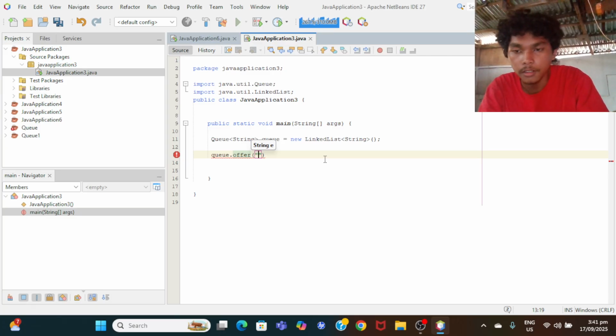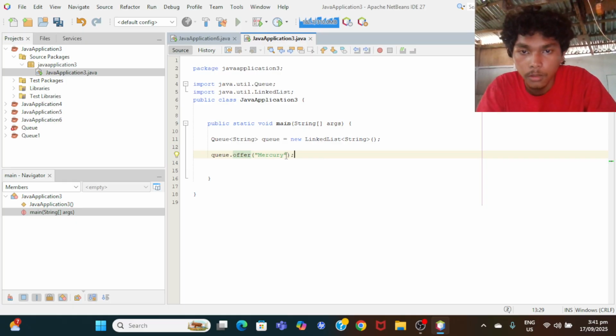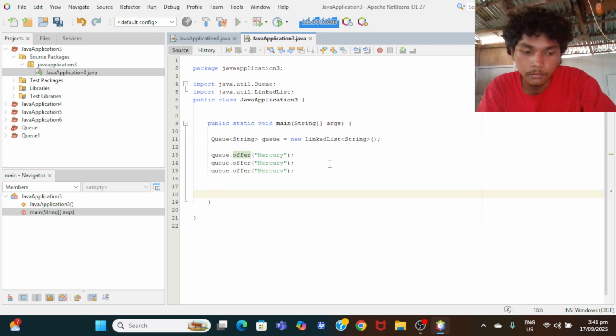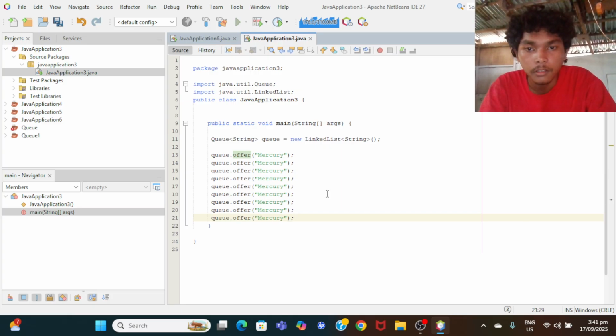Let's try the planets. First is Mercury. So we're gonna make queue offers by using the planets' names, 1 2 3 4 5 6 7 8 9.